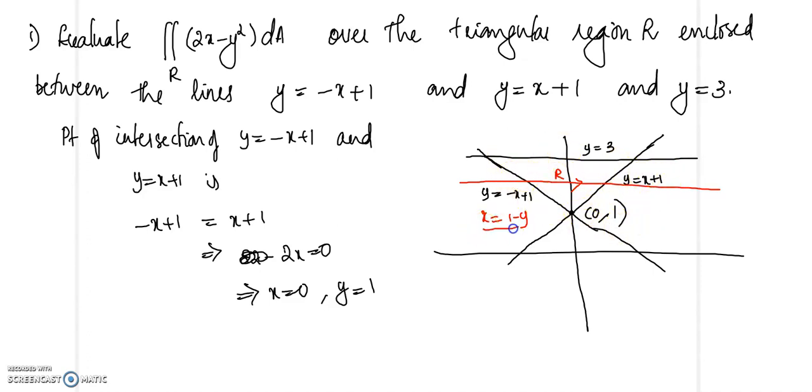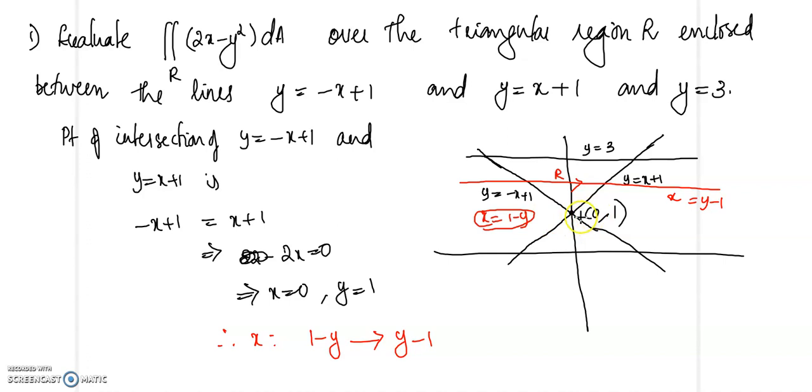So here you will get x equal to h1 of y, and on this portion we will have x equal to y minus 1. So therefore x varies from 1 minus y to y minus 1,